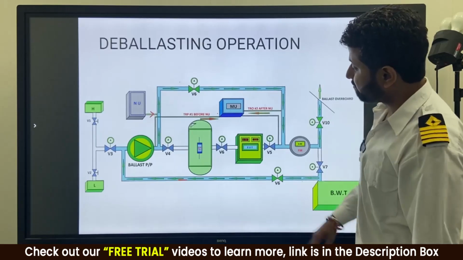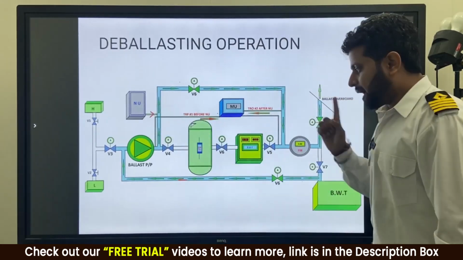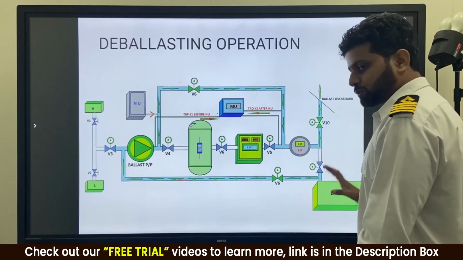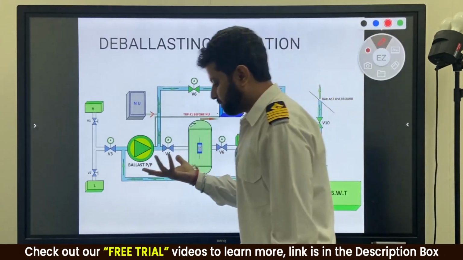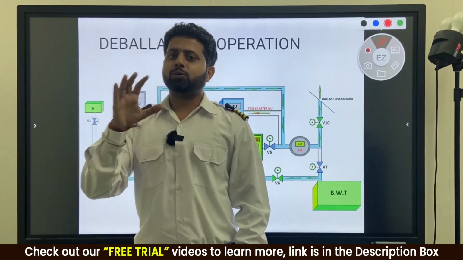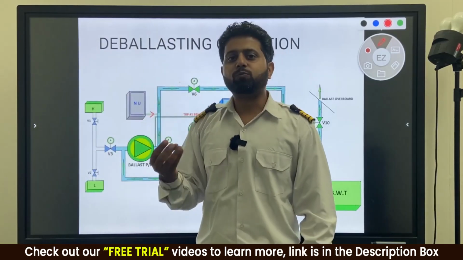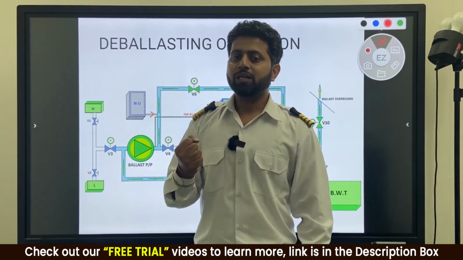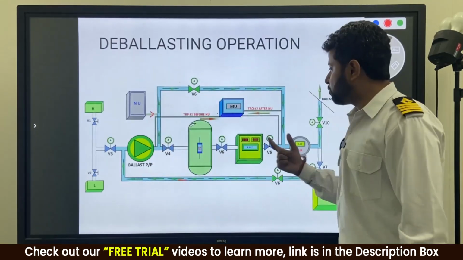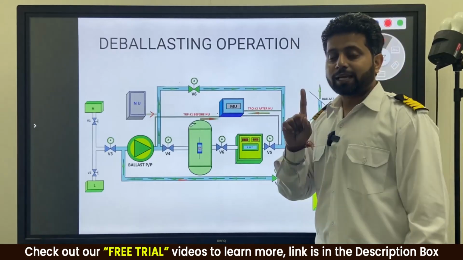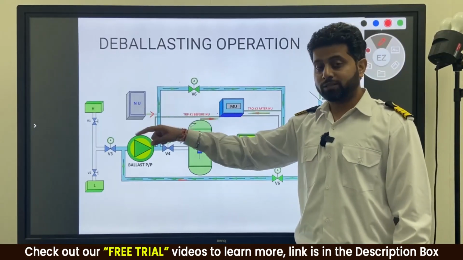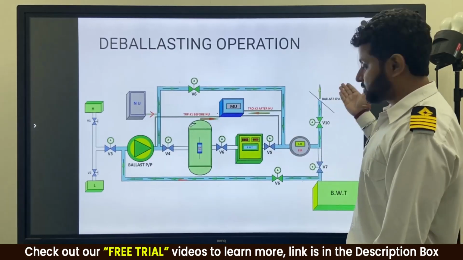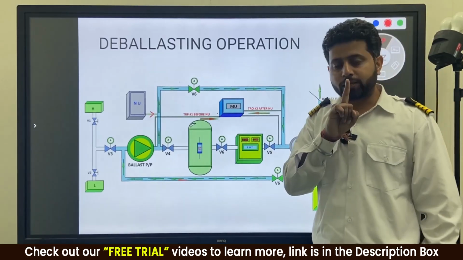So now, why do we need a neutralizing unit? As we discussed in the earlier video, when ballasting, active oxidants were added into the ballast water tank, 1.5 to 2.5 ppm. And we also said that in 24 hours they die and come down to 0.1 ppm level, which is not normally true. Sometimes they still survive. But these active oxidants, if they go into the sea, can be dangerous for the aquatic organisms in the sea. If they are killing these organisms and pathogens over here, they can do the same thing in the seawater as well. We do not want that to happen.